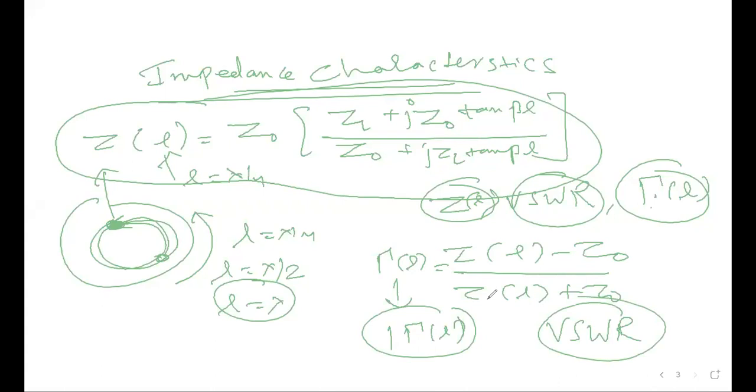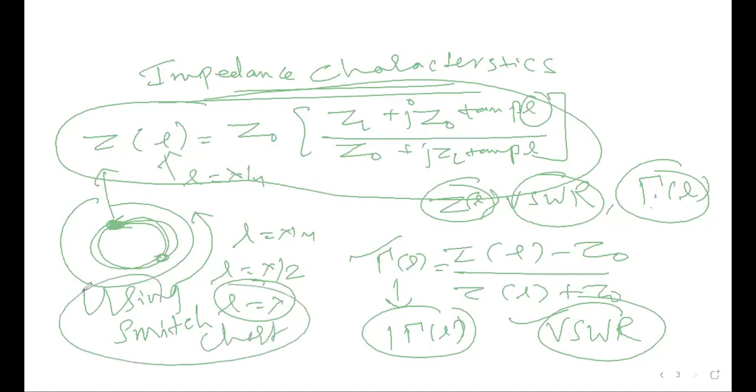So there are two ways of solving numericals in the transmission line. Either you can do it mathematically: put the values of L and get the impedance, the reflection coefficient, and VSWR. Another way is using the Smith chart, which we will see when we study the next module. But for the time being, we have a few more parameters to derive. First, we will derive that. So this way of calculating in a transmission line, is it clear? What are the various ways?